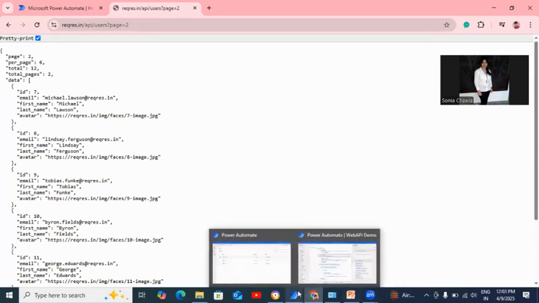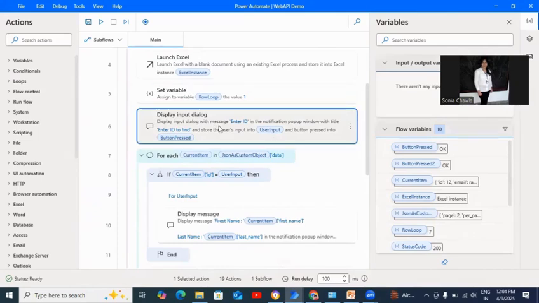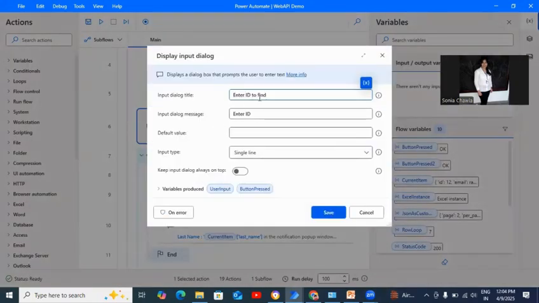And then again we go here, and if we put the current item, whatever value we give in this input dialog is saved in the user input variable. You can see this is the input dialog box: Enter ID to find, enter ID, single line, user input.